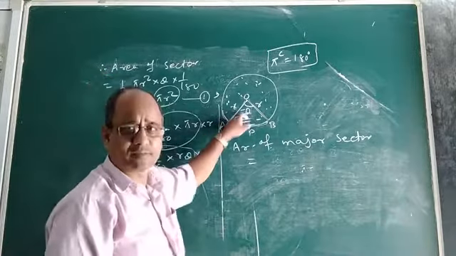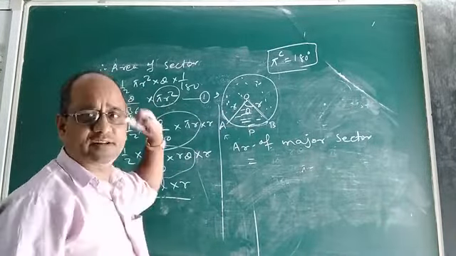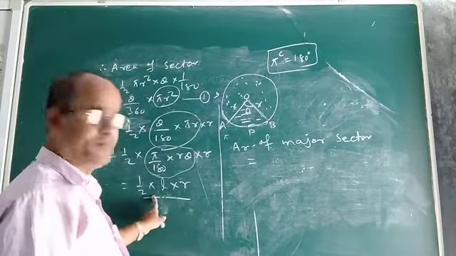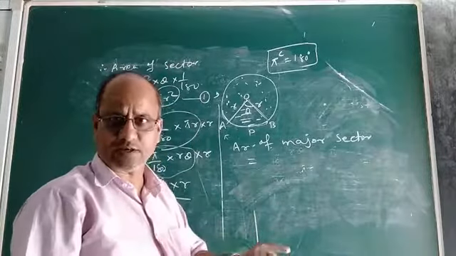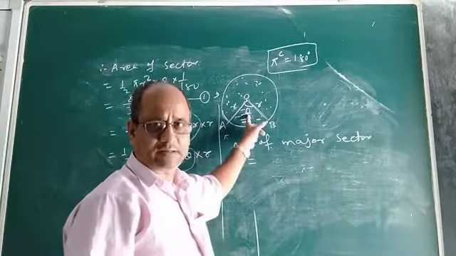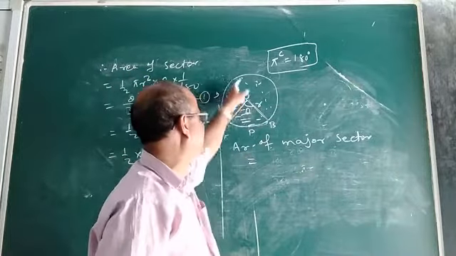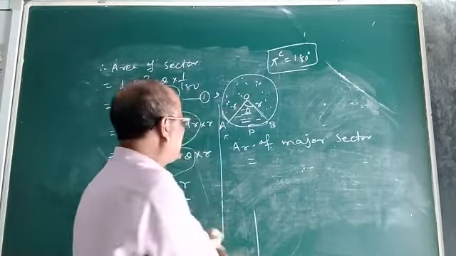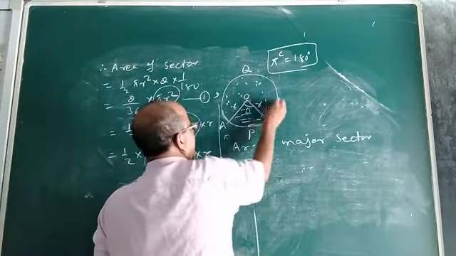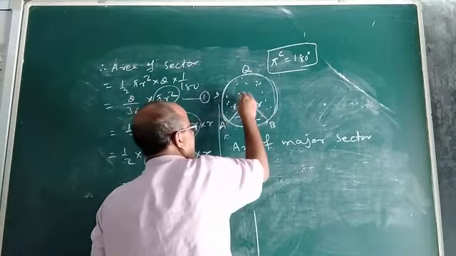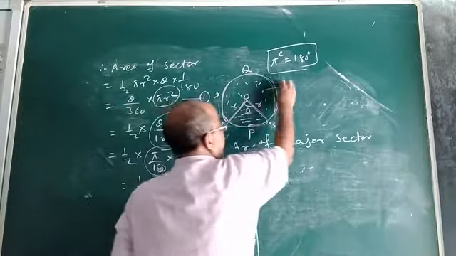First you find area of this minor sector by the formula either theta by 360 into pi r square or by using formula half L into r, depending upon the condition given in the question. After finding the area of the minor sector, how to get area of this major sector, which I have shown by dotted lines? You can take a point Q on this arc. This is the major arc. See, BQA, it is the major arc, and these two are radii. So no doubt this is the major sector.